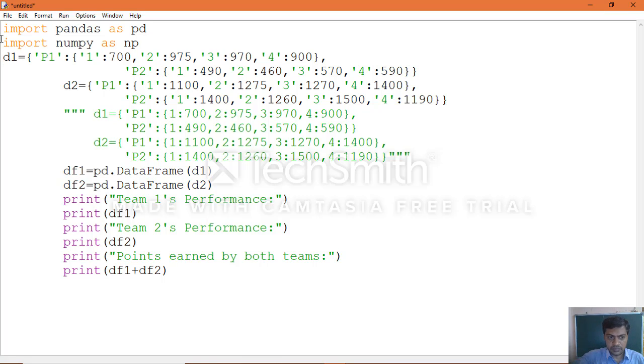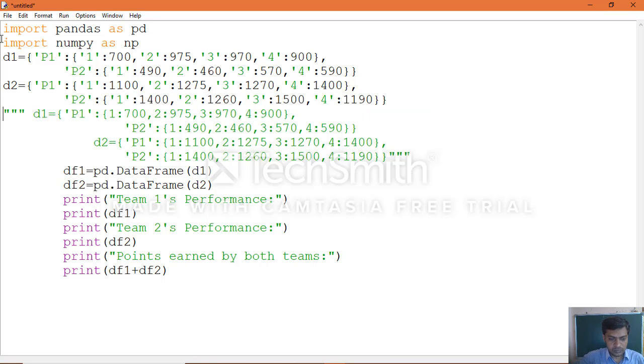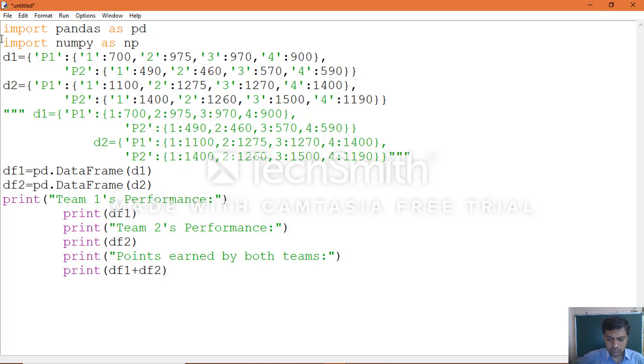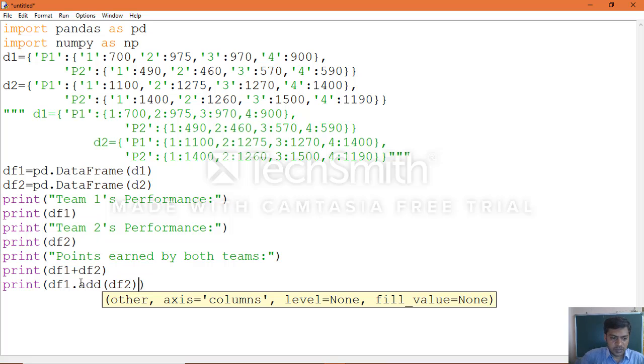Once you complete the program, here we applied normal addition. Same way, you can do df1.add(df2).